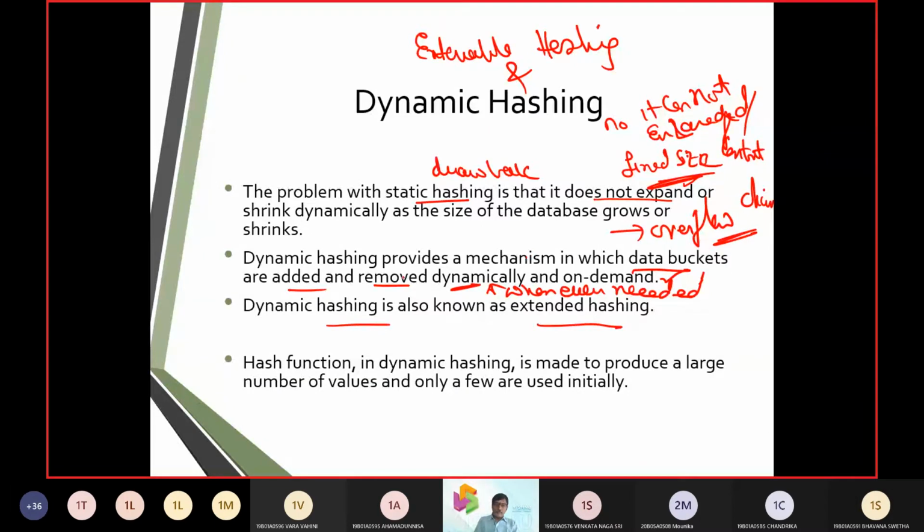To eliminate that drawback in static hashing, we are now bringing in the concept called dynamic hashing. The pet name for dynamic hashing, we are going to call it extendable hashing. And what it is telling is that the blocks we are going to look into can enlarge or they can shrink. That feature was there. So on demand, it is simultaneously growing up, and it can accommodate more number of values.